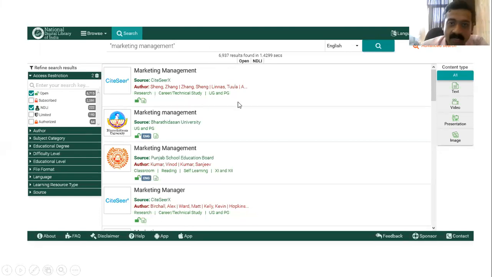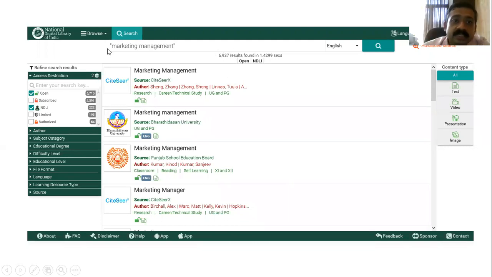Now we are narrowing the searching, right? This is the beauty of our National Digital Library. Then still it is not possible. Now what happens? Why is it narrowing? Because now the search engine takes only the keyword marketing management. Only the titles or resources containing marketing management. When you go to the next page, after searching, you can see only the titles with the marketing management. Okay, that's why it is reduced.